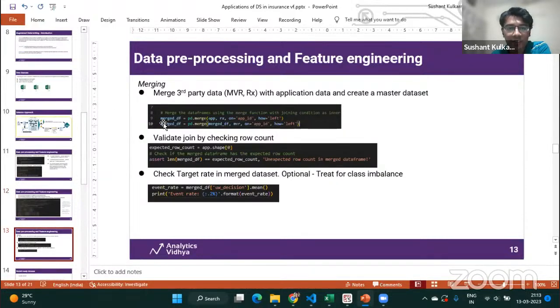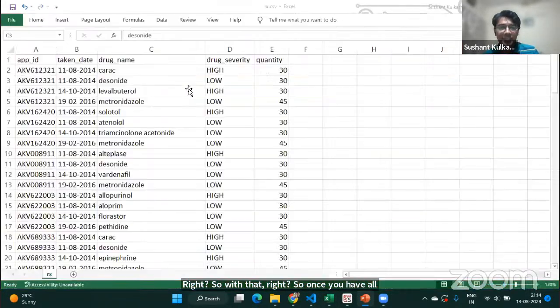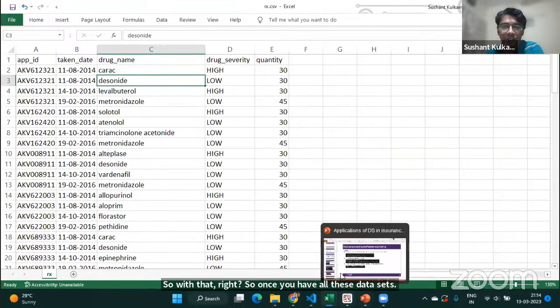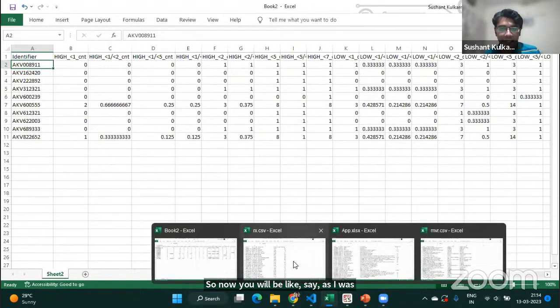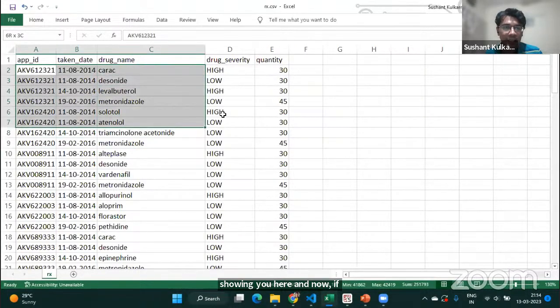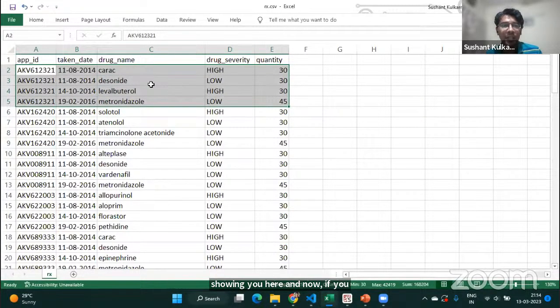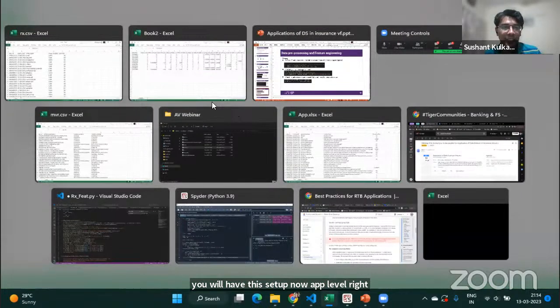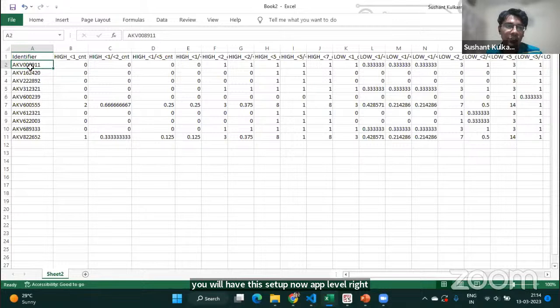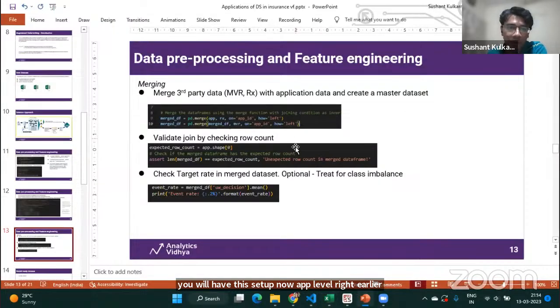So with that, once you have all these data sets, as I was showing you here, you will now have this at an application level. Earlier, for this application ID, you had multiple rows, so you couldn't directly feed them into the model. But after the transformation, you will just have a single row. Now you can combine this with the application data and MPR, and then you can have your model-ready